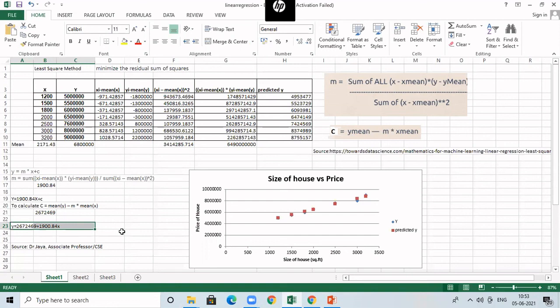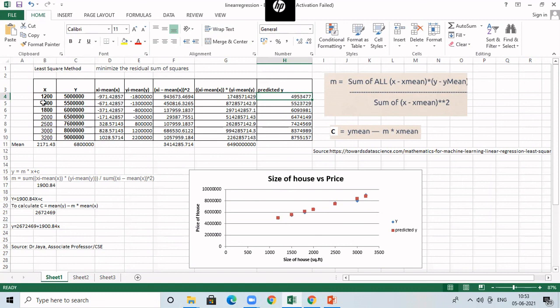Okay, so now let us understand how the model is going to find the sum of squares of the errors and how it is going to minimize it. So this is the equation you have learned. Now what the model will do is, it will take this equation, apply the first x value in this equation, and predict the y value. That is, take this particular equation, apply x is equal to 1200, and you will get one y value. That is nothing but the predicted y.